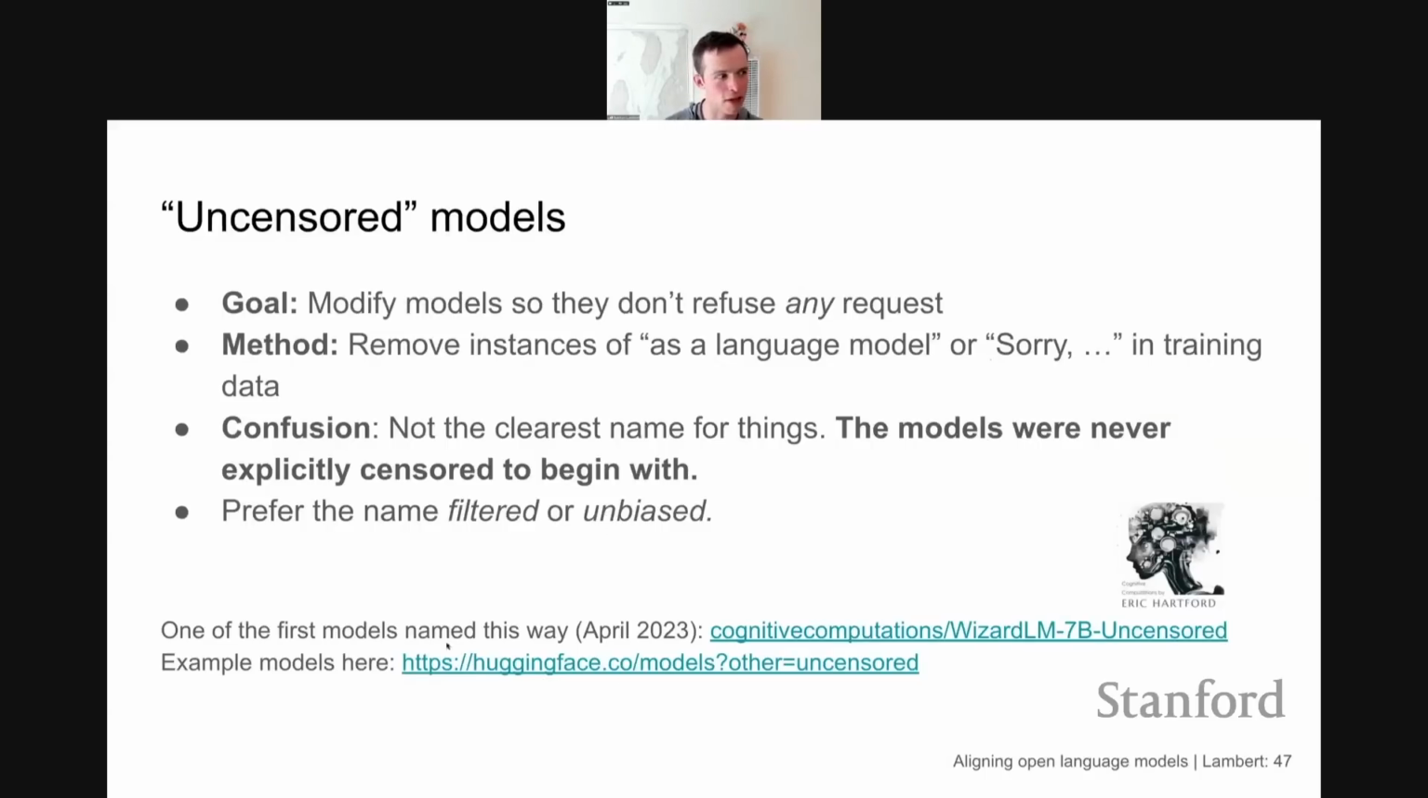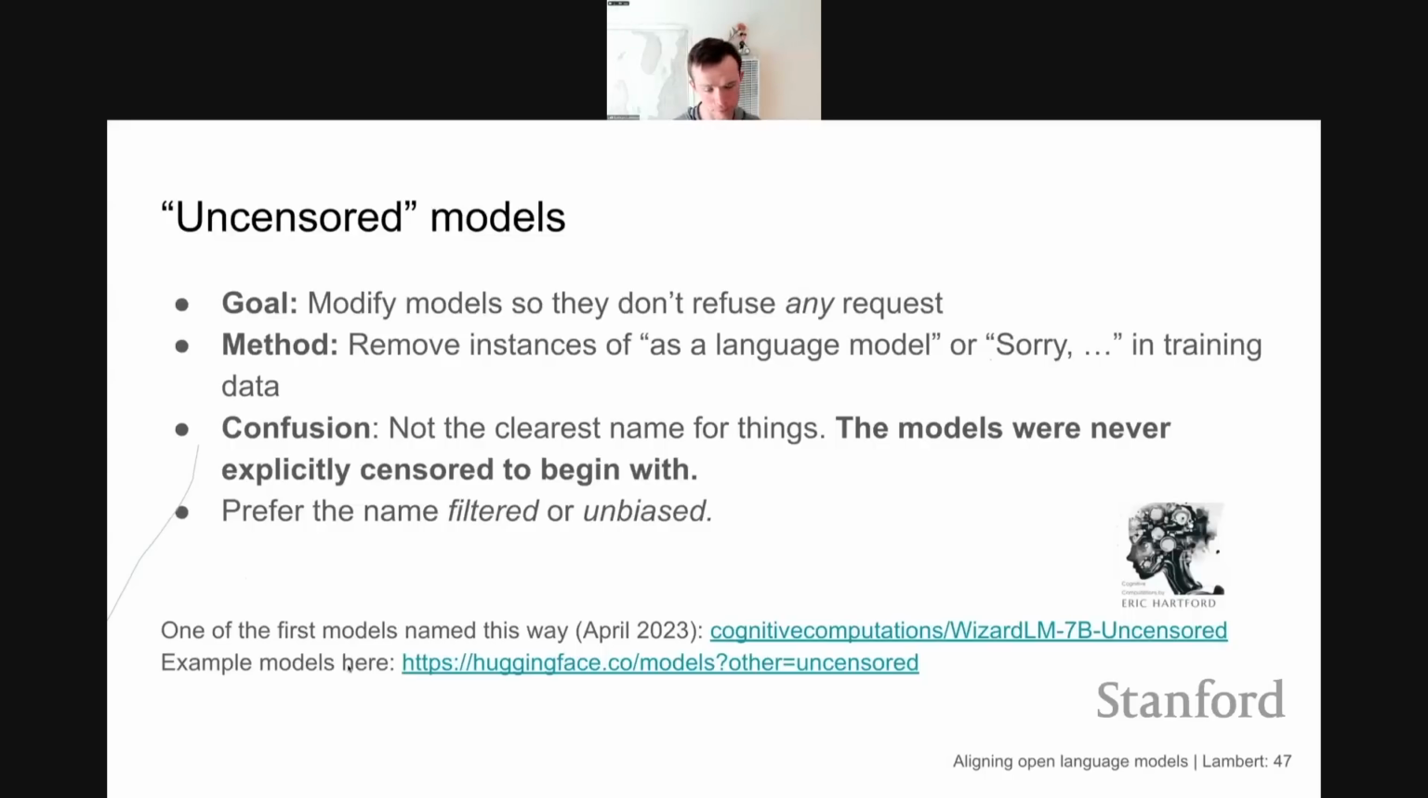It's a really popular category on HuggingFace right now, where the idea is you remove filtering. So if we're using synthetic data and I ask a language model a question, like if I ask ChatGPT how to make a bomb, it's going to say, I'm sorry, I'm a language model, I shouldn't do this. And the idea of uncensored models is to remove those points from our